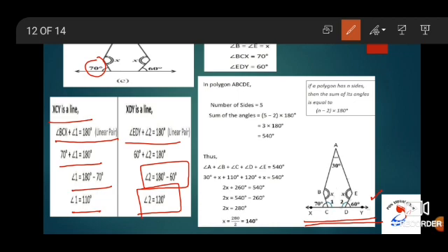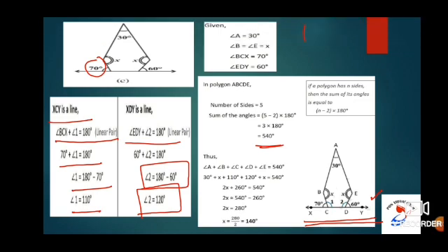Now again, here it is a pentagon. If a polygon has n sides, then the sum of angles is equal to the formula n minus 2 into 180. So this is not a quadrilateral, children, this is a pentagon. Look at the number of sides, it is having 5 sides. So it is a pentagon. The angle sum property of a pentagon is 540 degrees. When you add all the 5 angles, you will get the result as 540. By mistake, don't put it as 360 degrees.